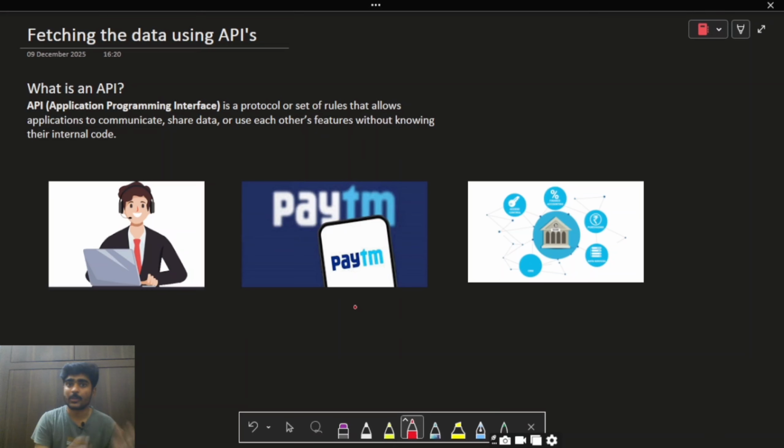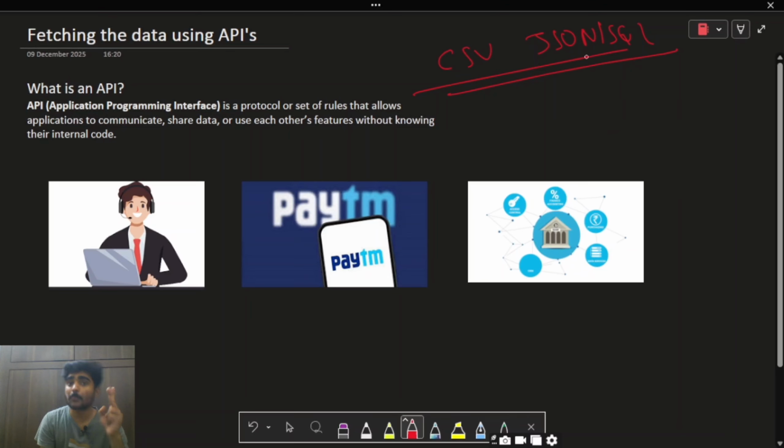From our past two videos, we have been discussing how to read a CSV file and how to read JSON or SQL files. Now in this video, we'll be seeing the entire procedure on how to fetch the data using APIs. Before understanding this entire procedure, first we need to understand what actually these APIs mean and